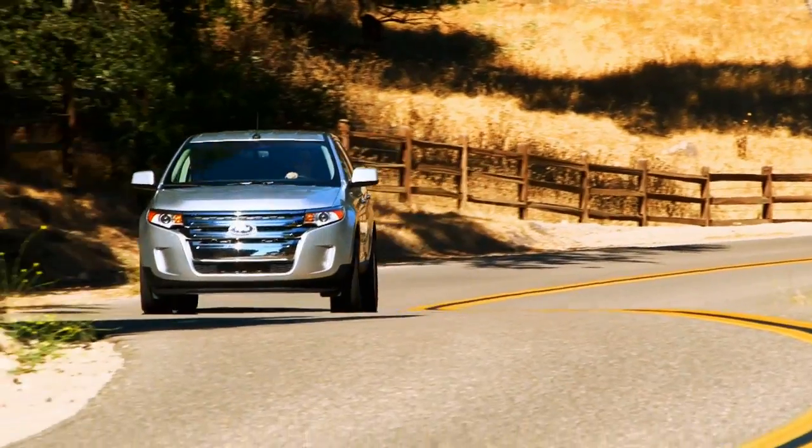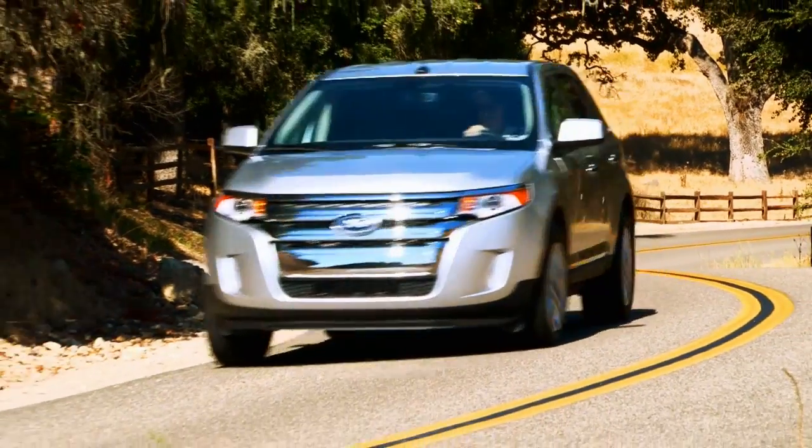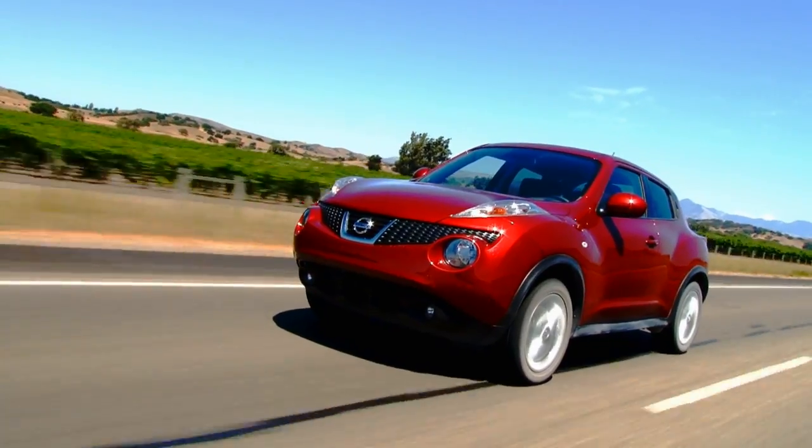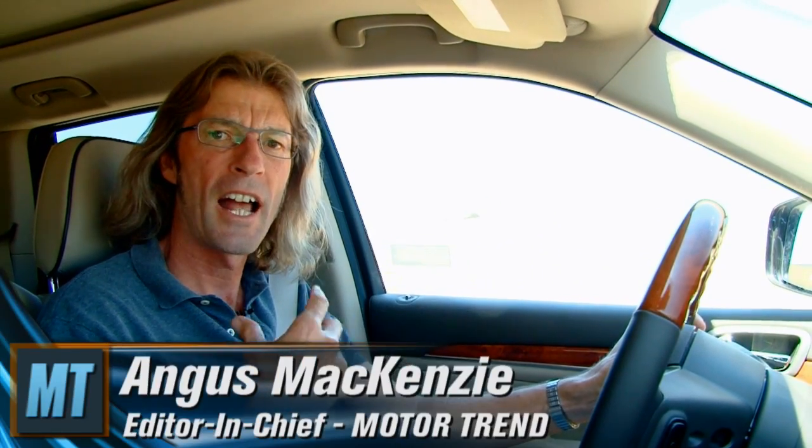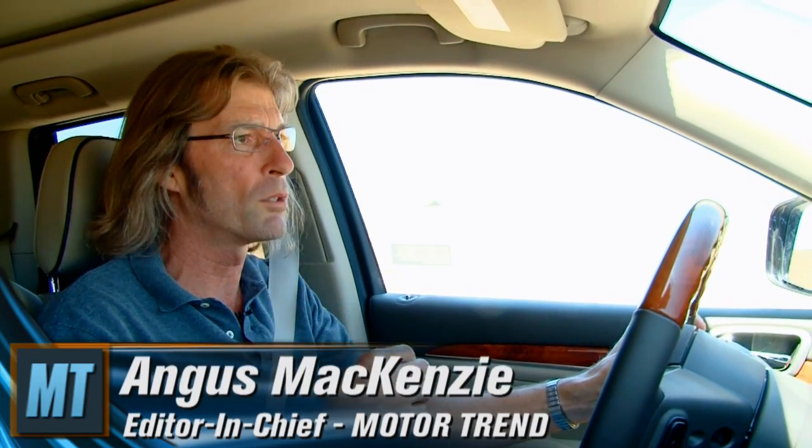Having made the cut, we've moved north to near Solvang, California, and a 34-mile road loop that includes winding 2-lanes, a little bit of freeway, and an off-road loop. Here the judges will drive each contender, focusing on the criteria as they use the vehicles in real-world conditions. With the drive loops over, we'll sit down to debate, discuss, and decide the 2011 MotorTrend Sport Utility of the